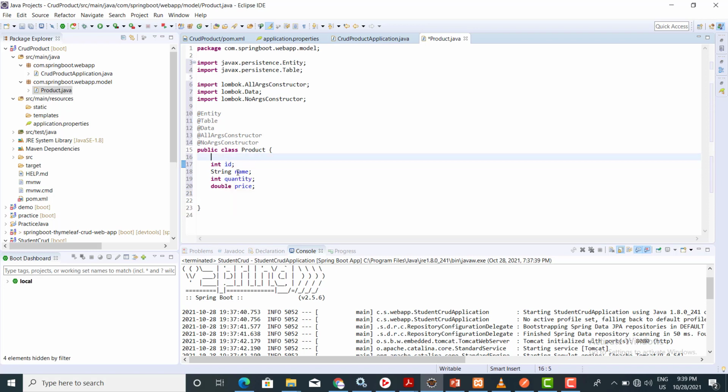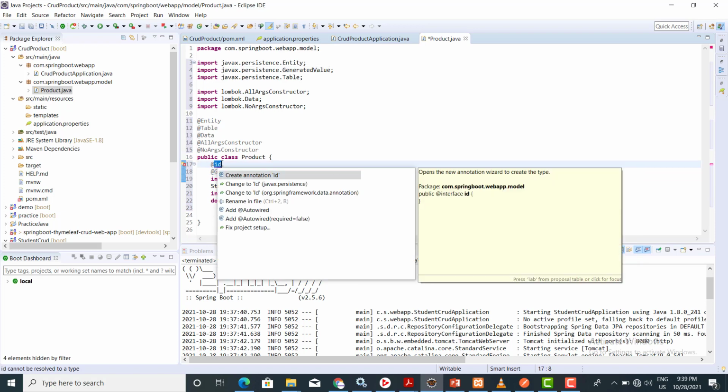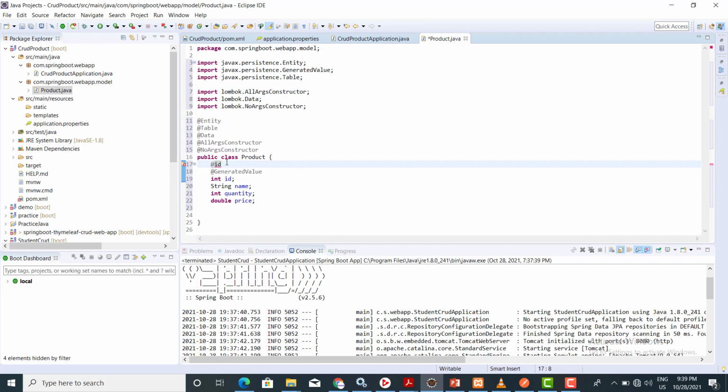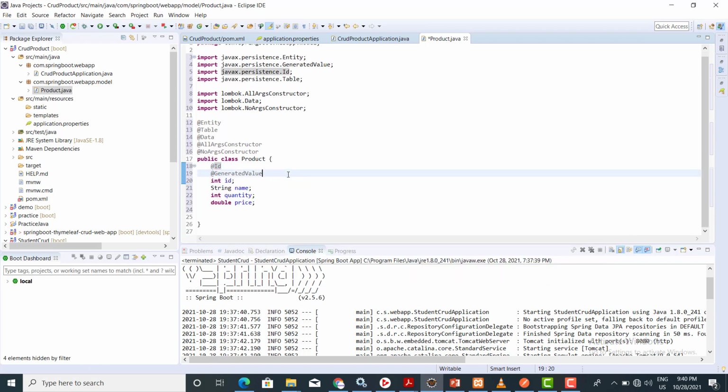I want the first column as a primary key, and I want this as auto generated. So click on it. It should be, I should be capital. Okay, so we have created a table.